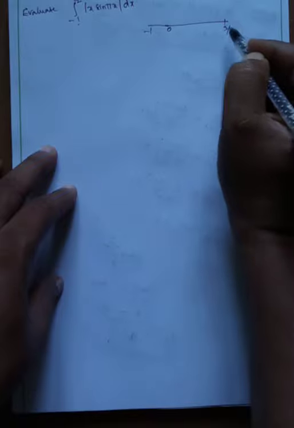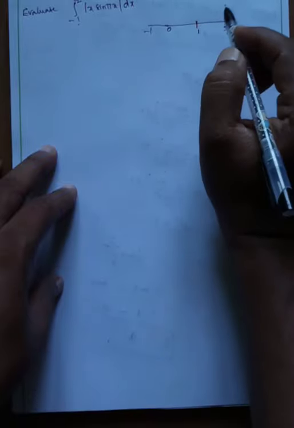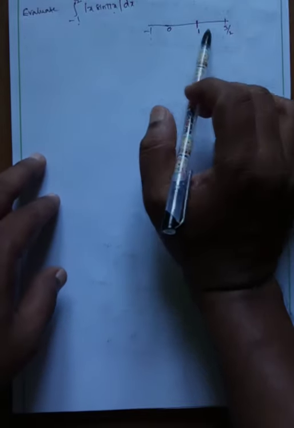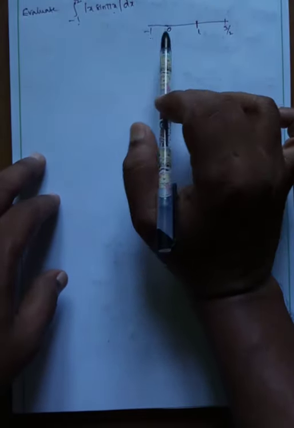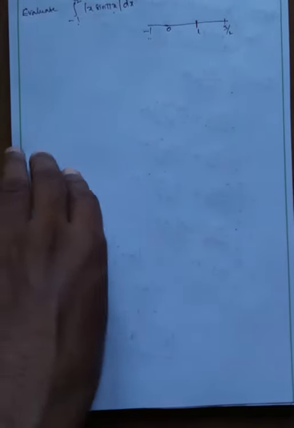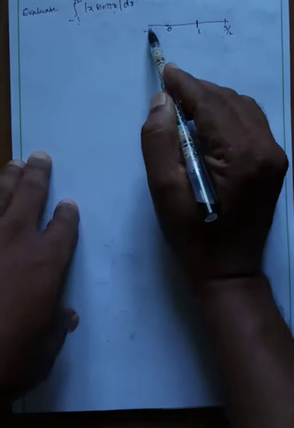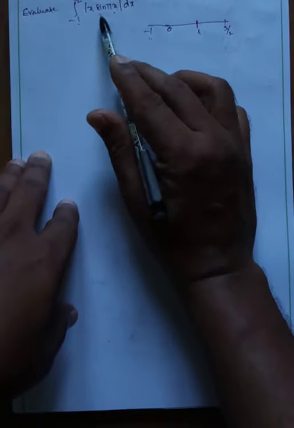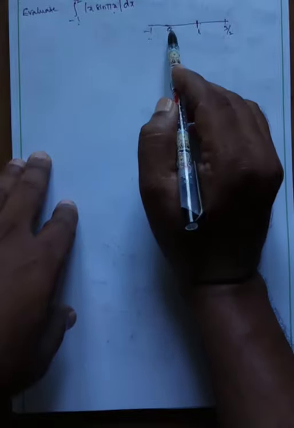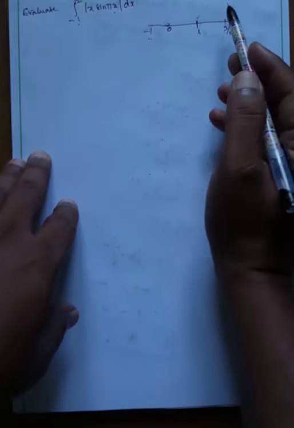In between 3 by 2 means 1.5, 1 is also there, no problem. Because why I am taking minus 1 to 1? It means 100% the sin is maximum at 1 and minimum at minus 1. Now 100% you will take the values in between minus 1 and 3 by 2 only. Okay. Now here minus 1 to 0, 0 to 1. What about this interval? Minus 1 to 3 by 2, 0 is included, 1 is included.